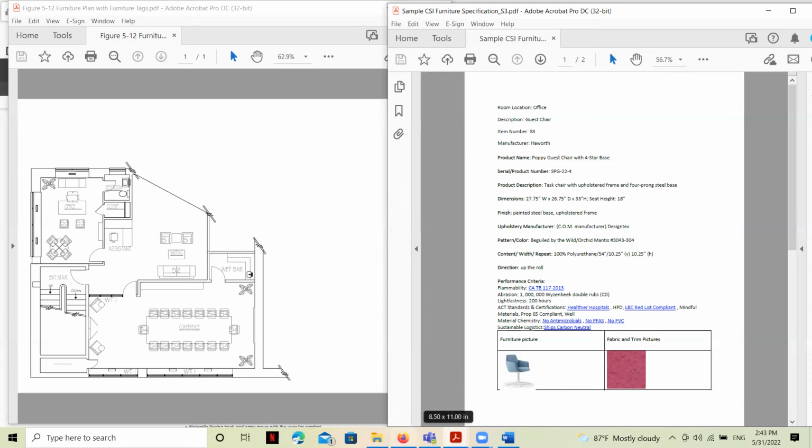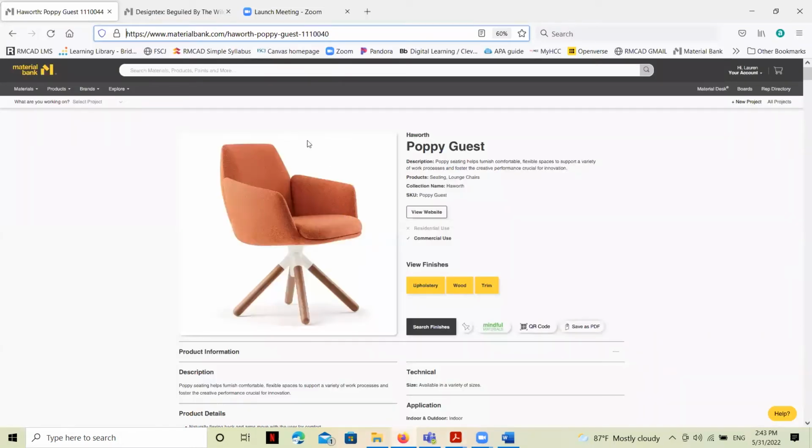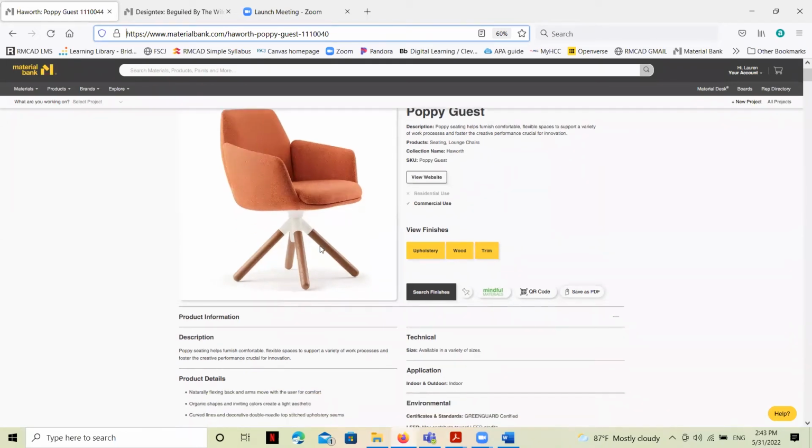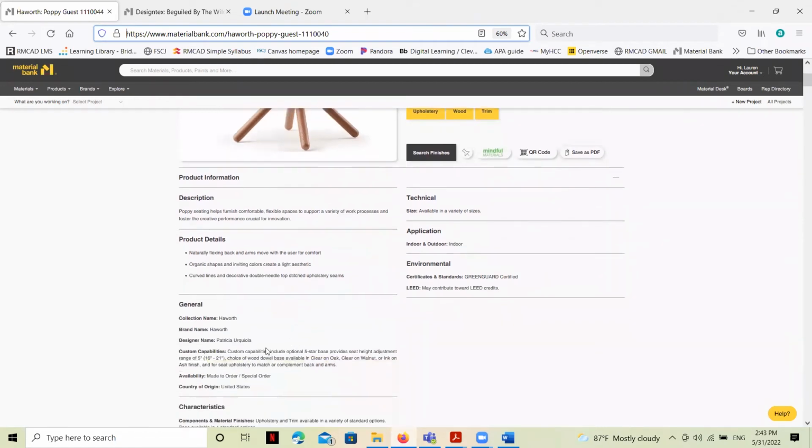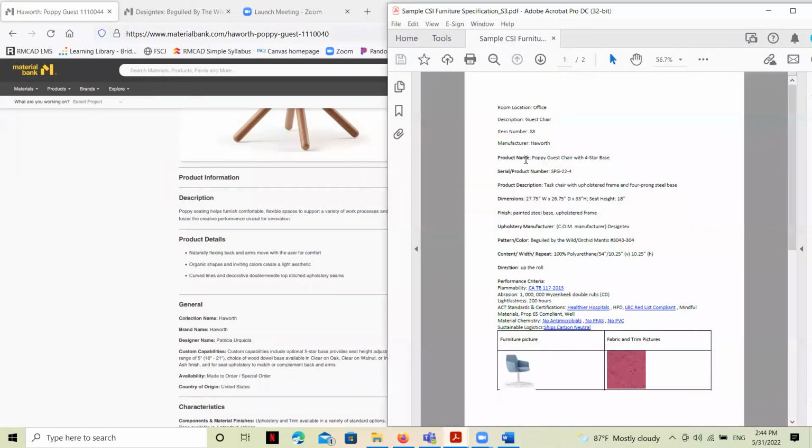So I'm going to go over to the Material Bank website and let's say that I am specifying this guest chair. Now, this one has a slightly different base than the one that I have pictured, but the process is the same. So what we can see here is we've got information about the product itself, general information, characteristics, some performance criteria, and you can see that I have put that information over here already.